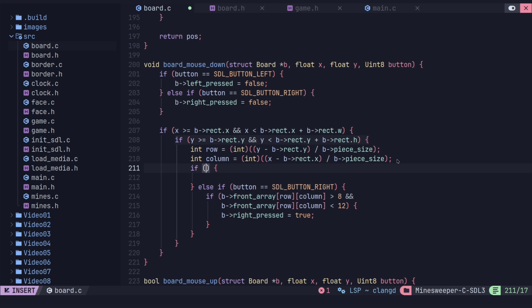What I'm going to do is if it's the left button, so if we have a left button and then we check if we have a right button. If it's a left button, I'm only interested in one instance, if it's a